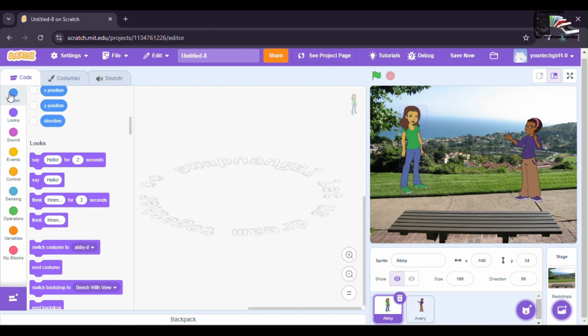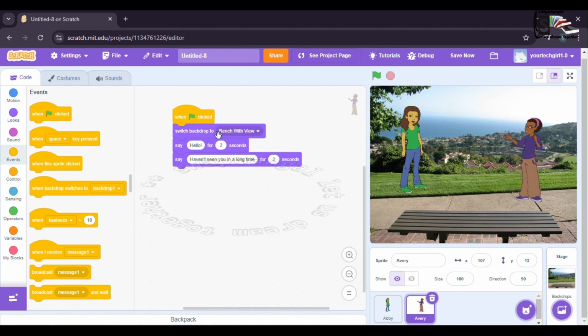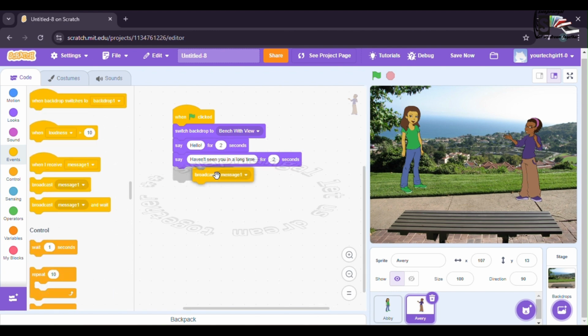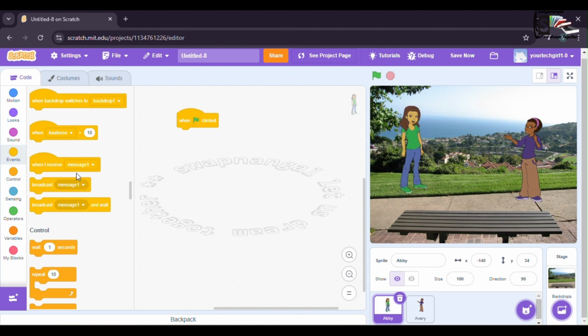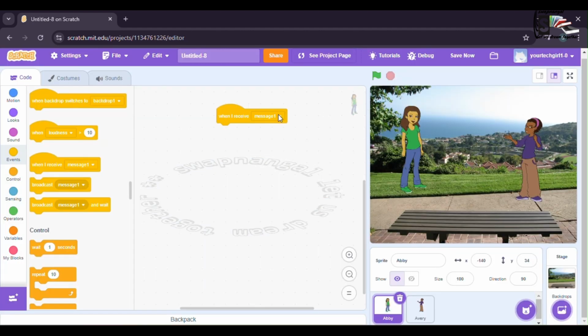Now Abby's gonna say something. Green flag clicked. Now if you don't want to say wait 4 seconds, you are gonna take broadcast and say message 1. So then Abby's gonna be like, okay, here's message 1. Oh, not new message. Message 1. And she's gonna say,